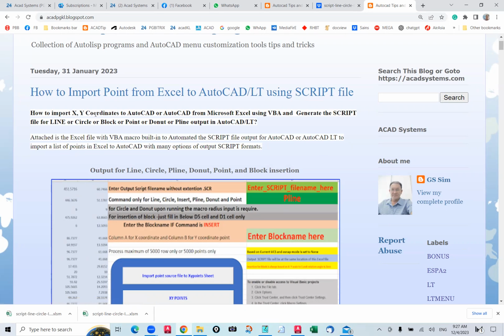So how do you import the XY coordinates to AutoCAD? Normally you have an XY point, maybe it's comma delimited or space delimited, so it's a lot easier for you to import it to Excel and key it in Excel. Or you can have it from survey data, where the point is in X and Y, or sometimes up to Z. So what you can do is